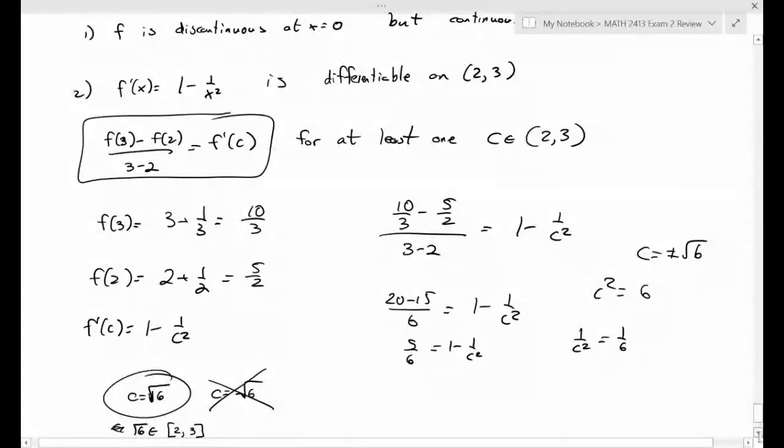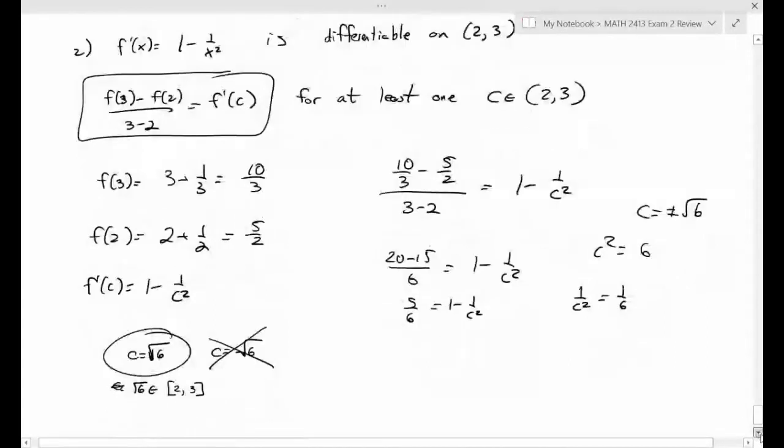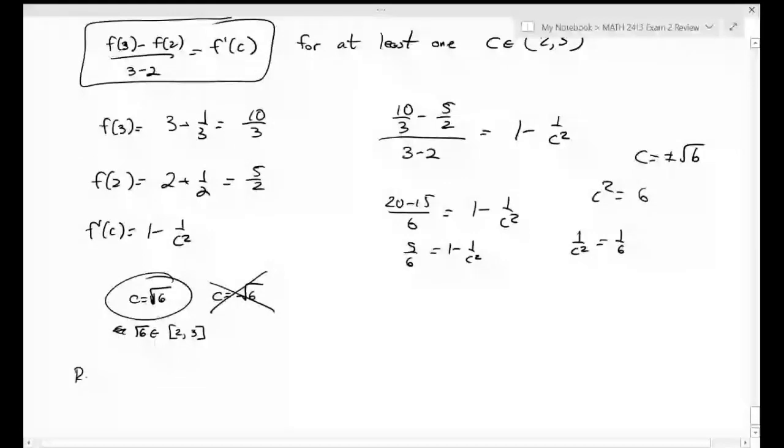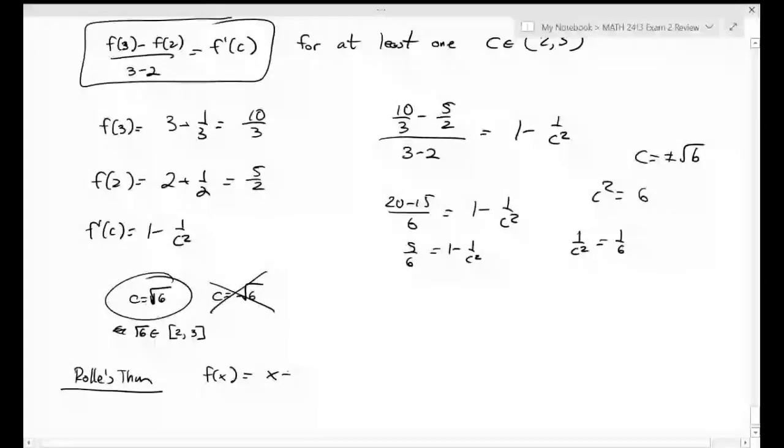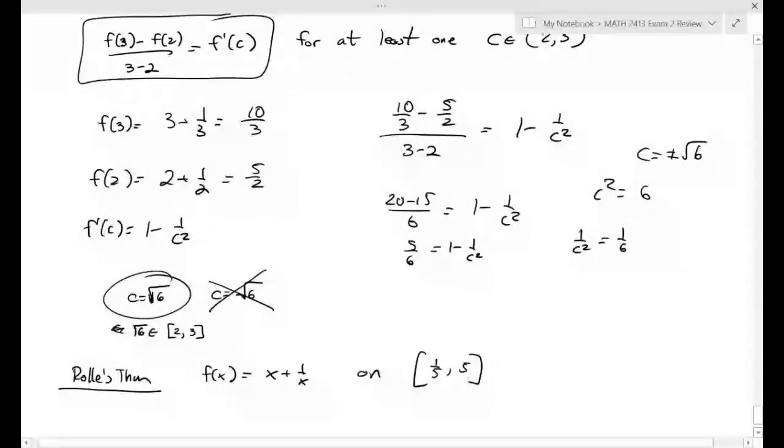You can then check that this problem is also good for Rolle's theorem, on the interval from, let's say, 1/5 to 5, where any two numbers are reciprocals of one another. You can probably see why. So Rolle's theorem would work here. Try Rolle's theorem on that interval, that would be an answer. But